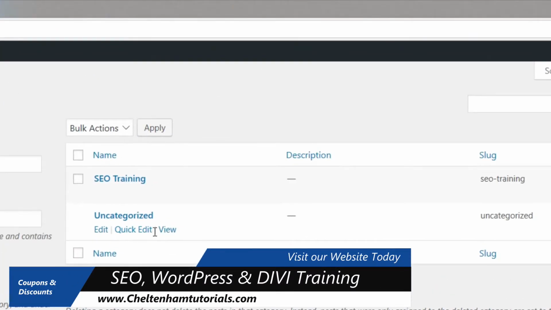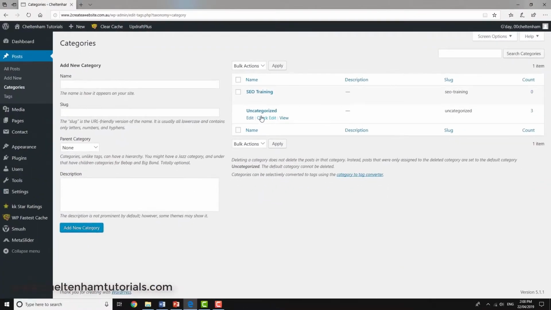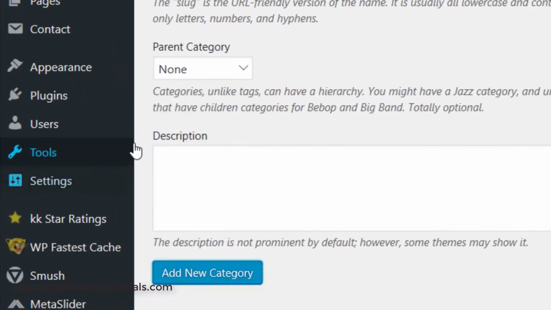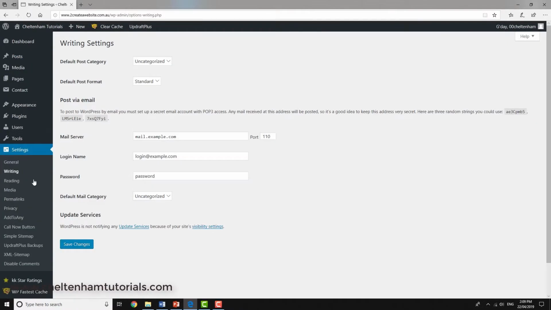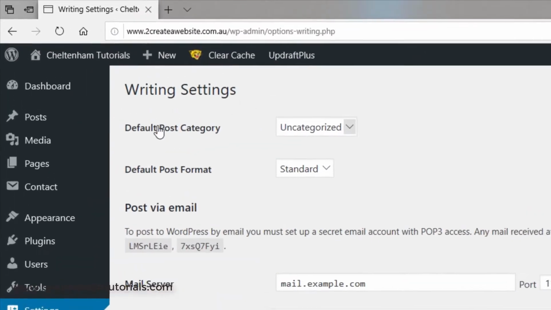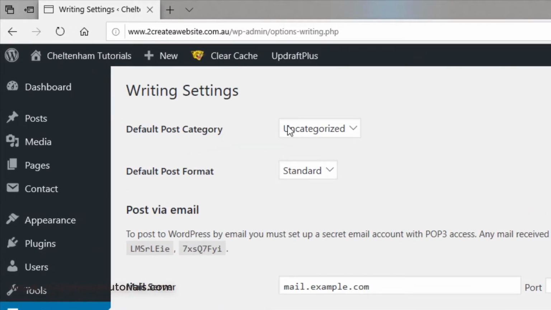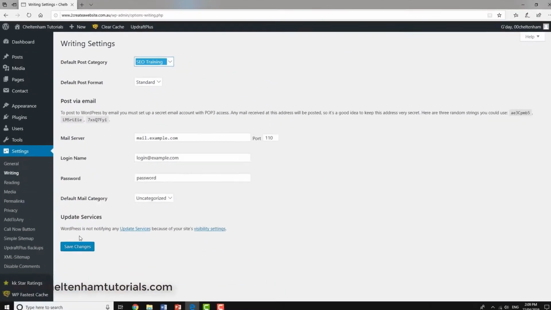And you think, oh, maybe I can delete this, but no, I can delete this one, but not this one. The trouble is this is set up as a default, so there's another step I've got to do. What I've got to do is go to settings, whoops. So I go to settings, writing, and can you see here the default post category is still uncategorized. If I change that to the new one I've just created, which is SEO training, and save that,